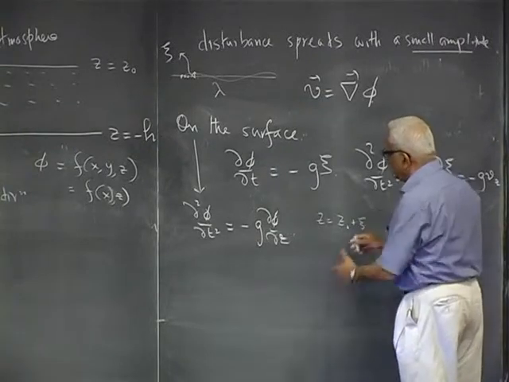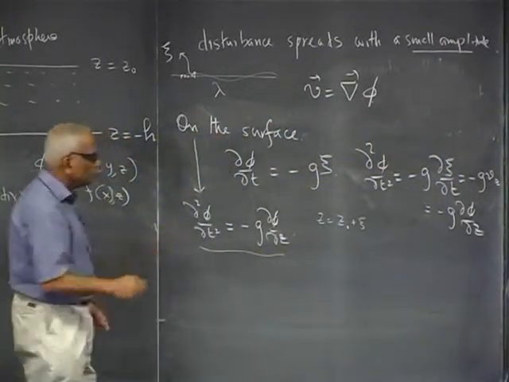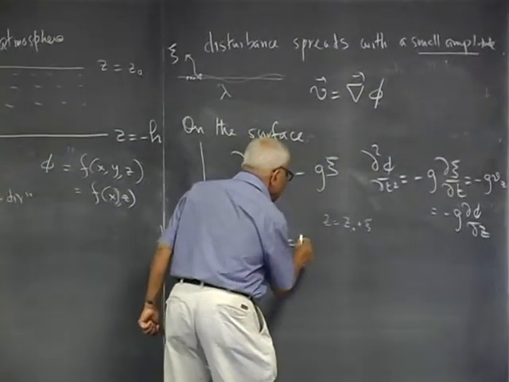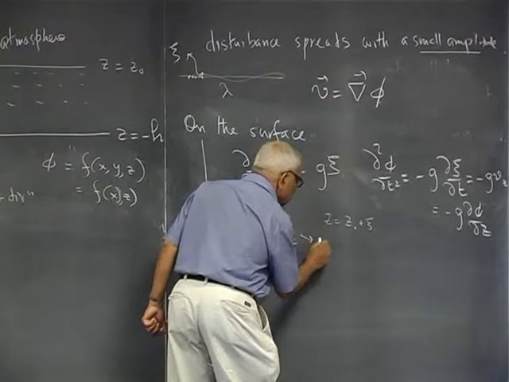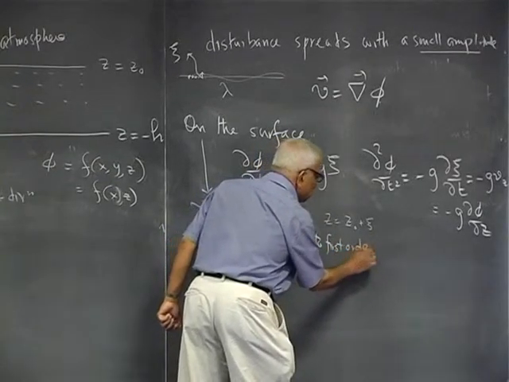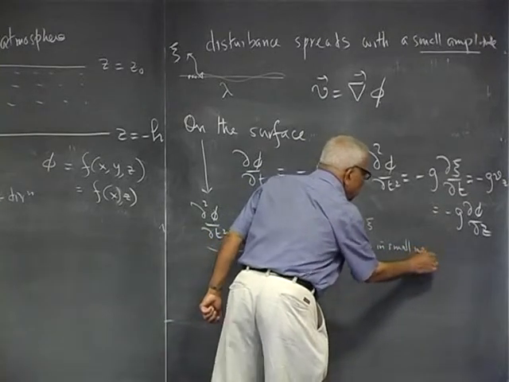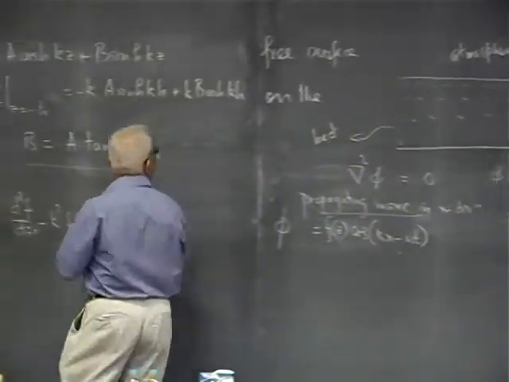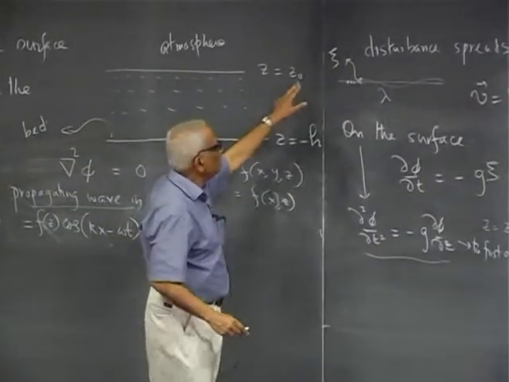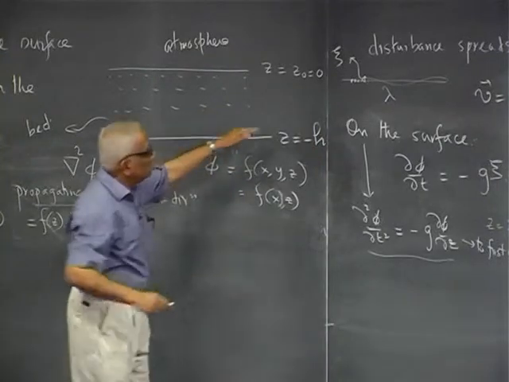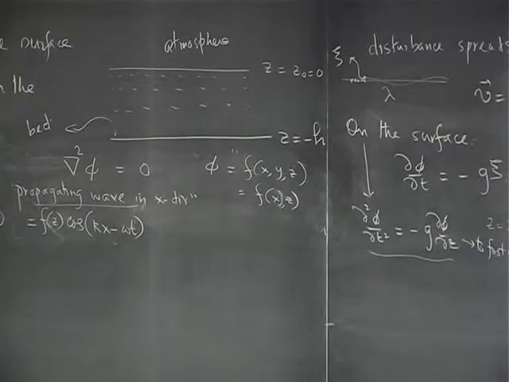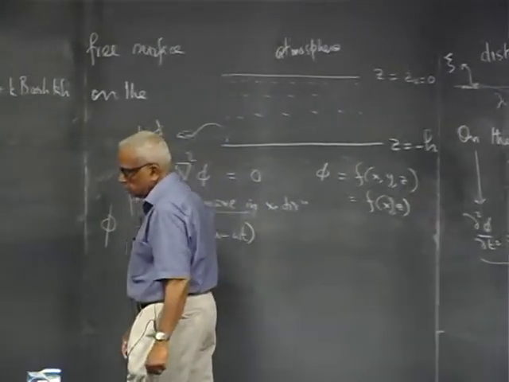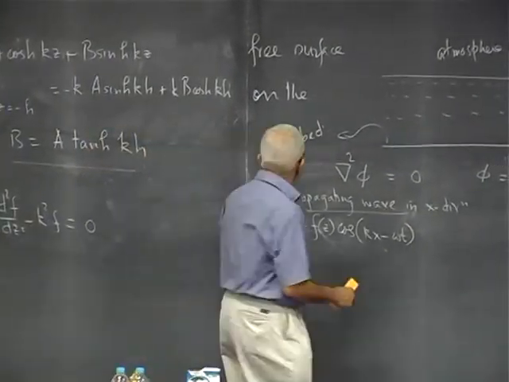Therefore this equation, being an equation in the small perturbations themselves, has to be satisfied to first order in smallness at the flat surface z equal to z0, which is essentially z equal to 0, the flat surface. The token by which I have put a minus h here. So z equal to 0, that's the flat surface where this has to be satisfied. And so that is going to give me